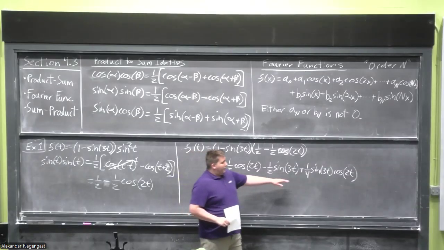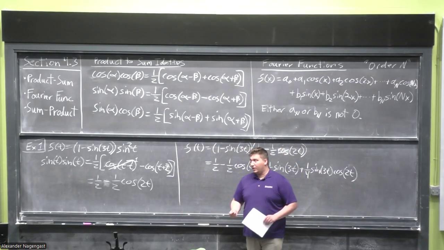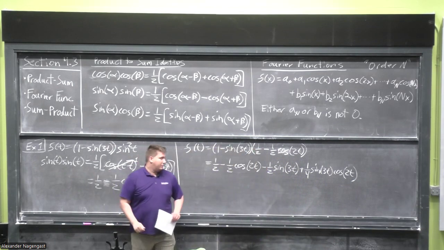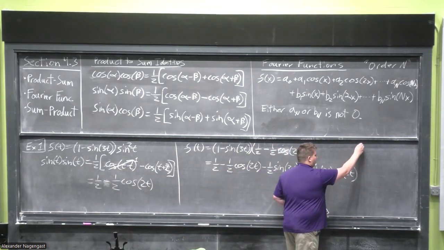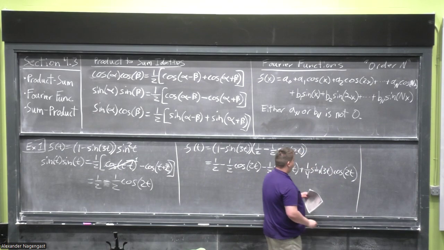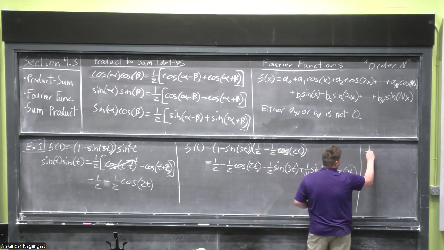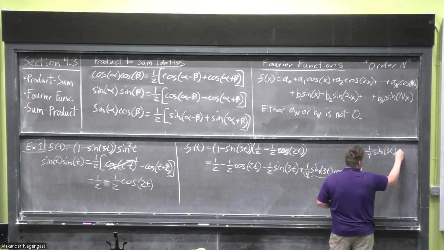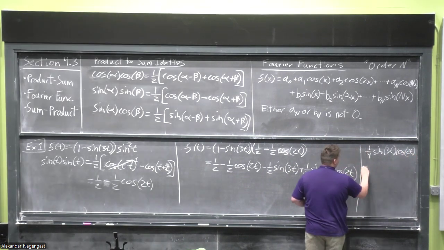We again have a product of sines and cosines, so we're going to use a product to sum rule. This time, we're going to use a third one. And we'll find that this quantity here of 1/4 sine of 3t times cosine of 2t is equivalent to,